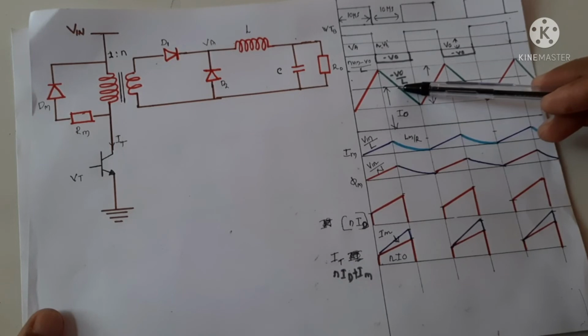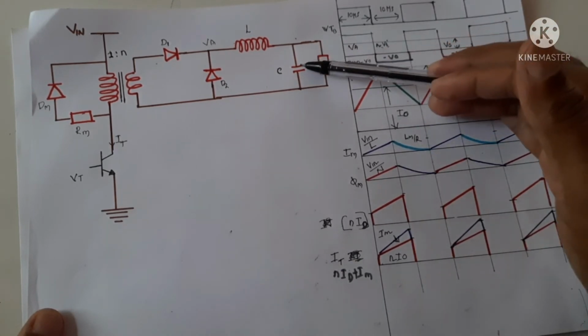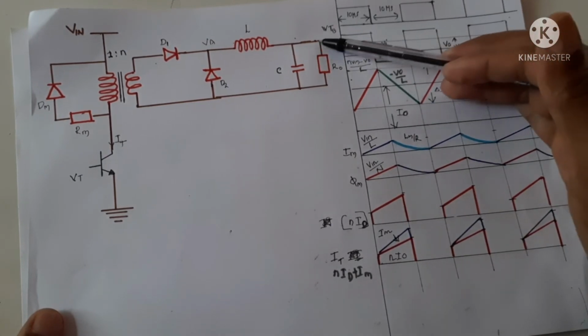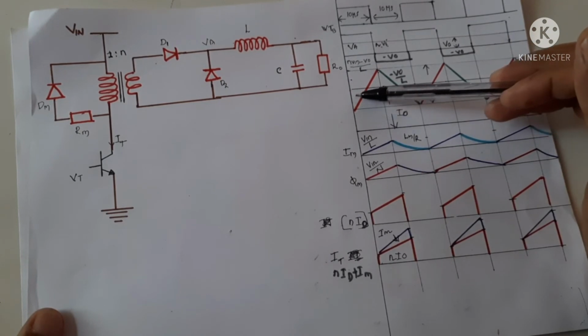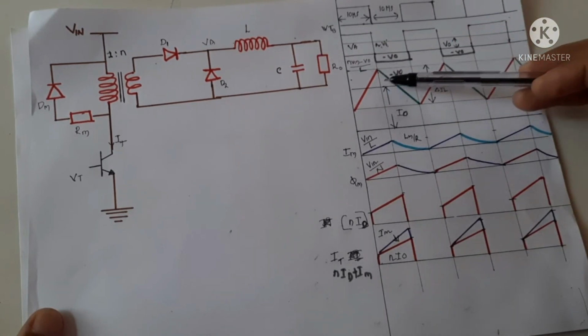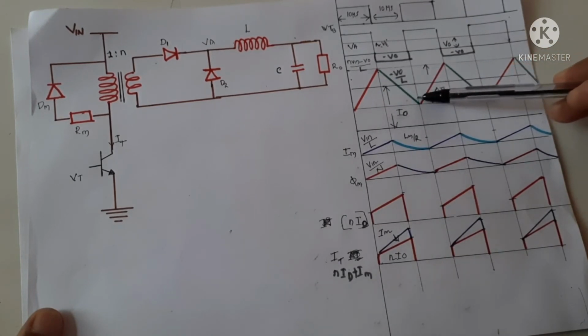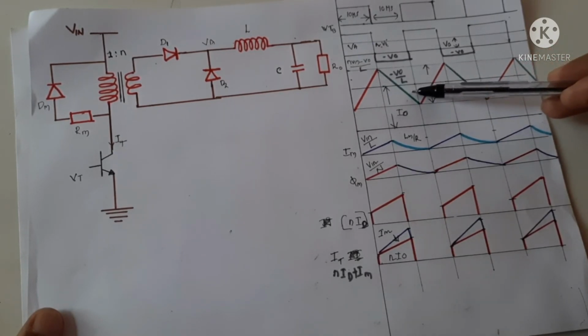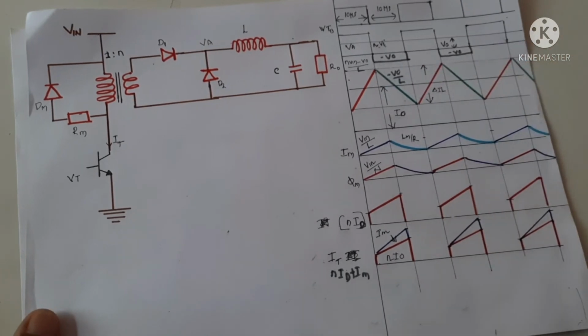When the inductor current falls below the required I0 current, the capacitor begins to discharge through the load. The inductor current is low, so the capacitor provides the load. Then the inductor current is more, and the inductor gives current to the capacitor. So this portion is the charging of the capacitor and this is the discharging of the capacitor. So the average value of current, that is called the amp-second rule, is 0.